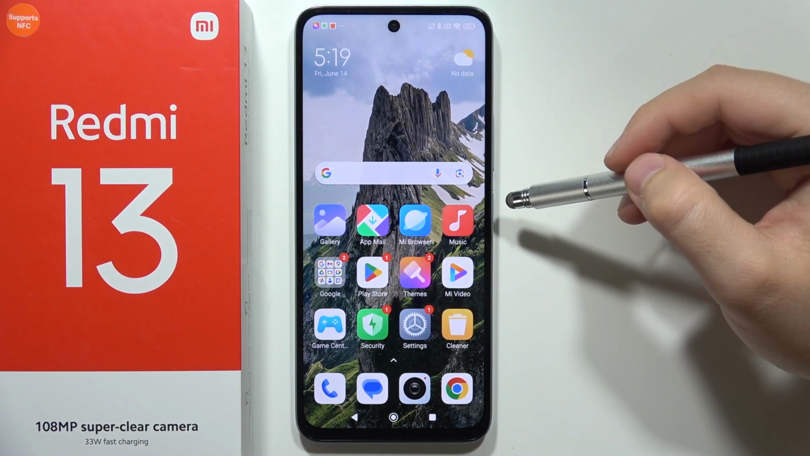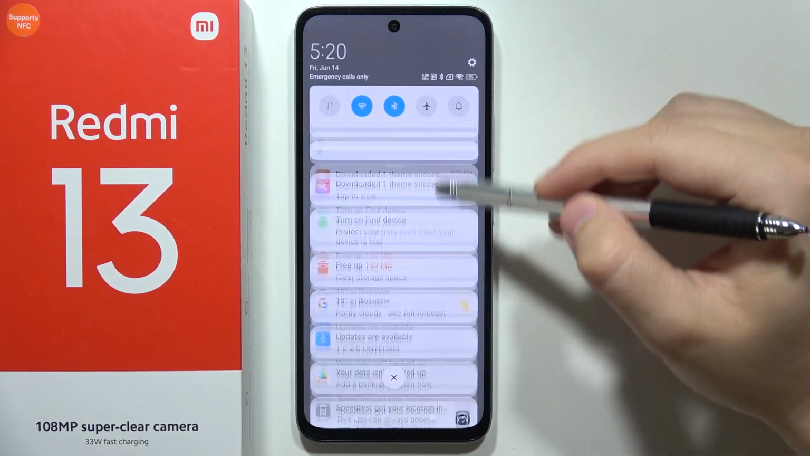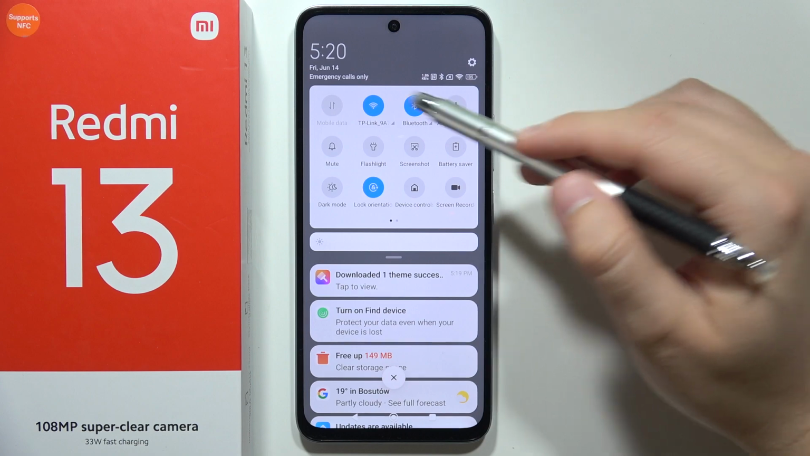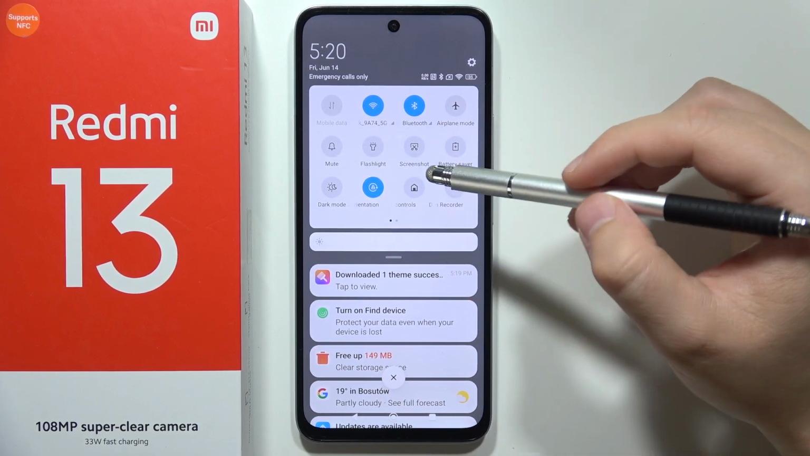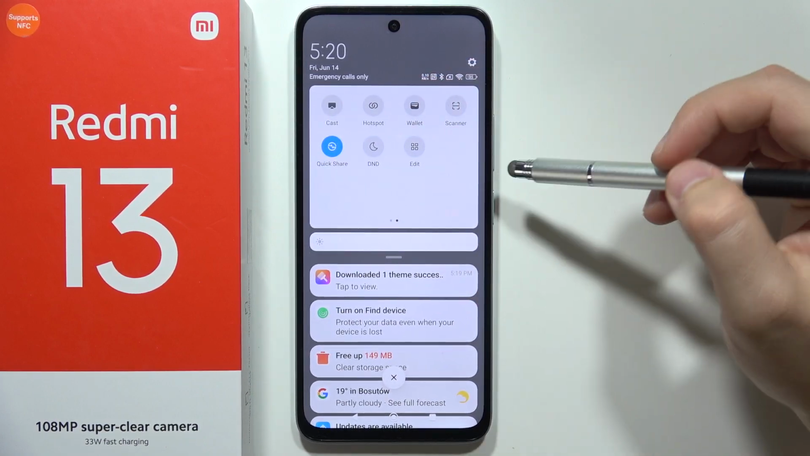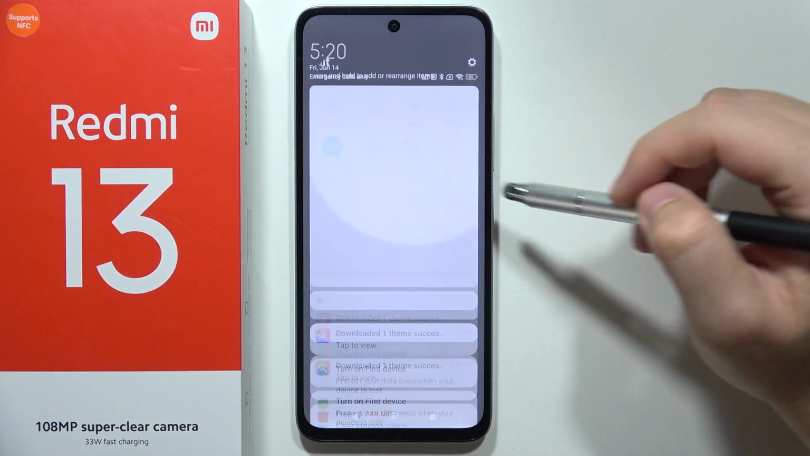Hey, to record screen on the Redmi 13, all you have to do is open your quick settings bar and locate this screen recorder icon. If it is not available right here for some reason, you can swipe to the left side and you can also search right here. But if it is still not available, you can click right here